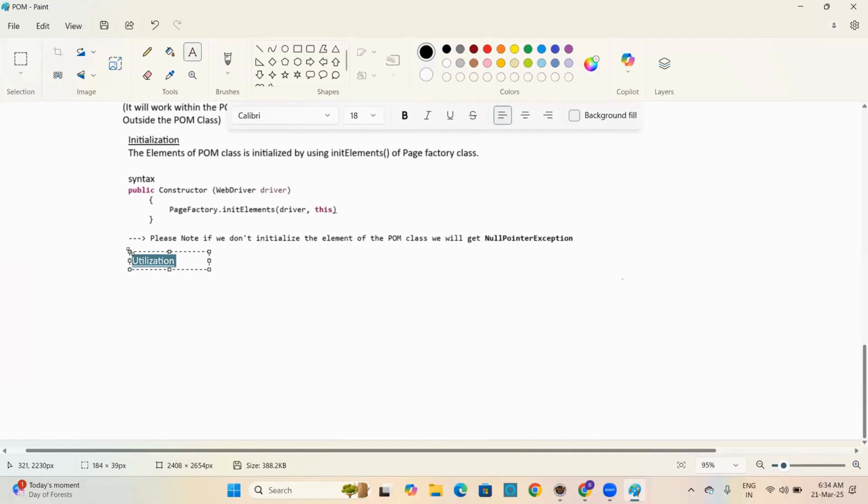No? Okay. Coming to this utilization stage, in the utilization stage, what we have to do is,